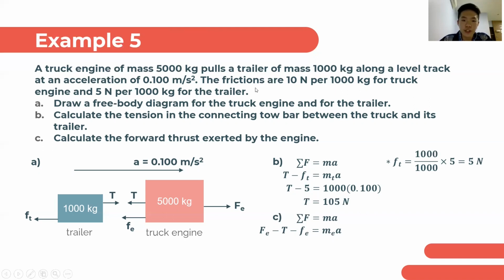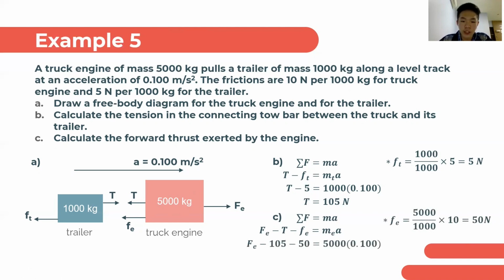It is given in the question that the friction is 10 newtons per 1,000 kilograms for the truck engine. So we need to find how many 1,000 kilograms there are in the mass of the truck engine, which is 5,000 kilograms. So 5,000 divided by 1,000 times 10 gives us 50 newtons. So Fe